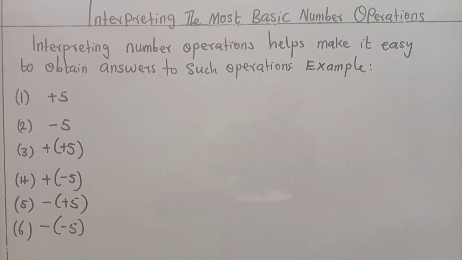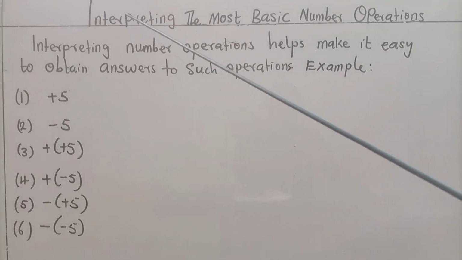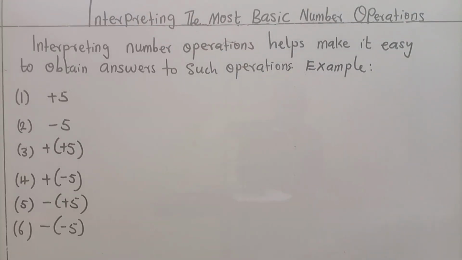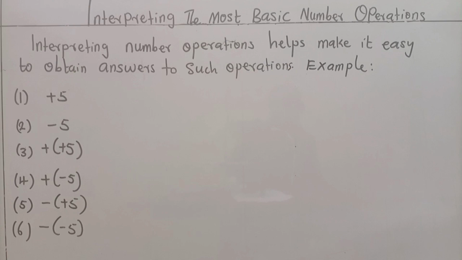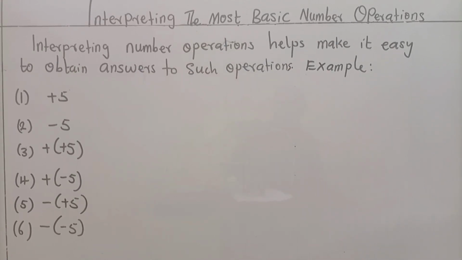In this section 6, we pay attention to interpreting the most basic number operations. We say basic because later we're going to have experience of interpreting and solving the more complex and semi-complex number operations. To get to learn how to interpret even the complex ones, we start with the basic number operations. So we say interpreting number operations helps make it easy to obtain answers to such operations. It means that,